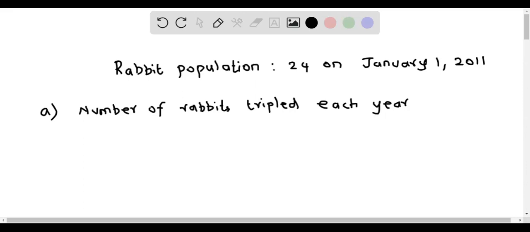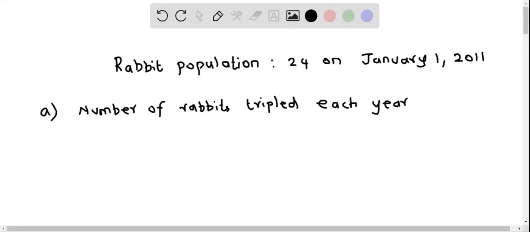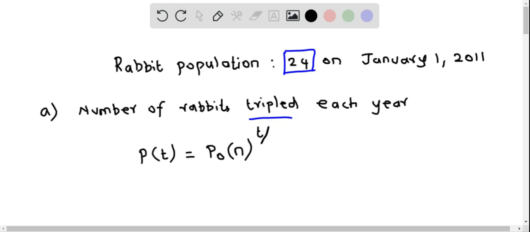We now write a function to represent the rabbit population t years after January 1, 2011, when the population of the rabbit is 24 on January 1, 2011. And we are also told that the number of rabbits tripled each year. So I'm going to use this population model, that is P of t equals P naught n raised to the power of t divided by this